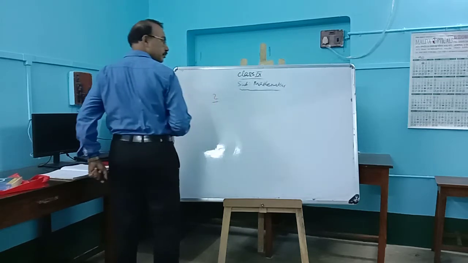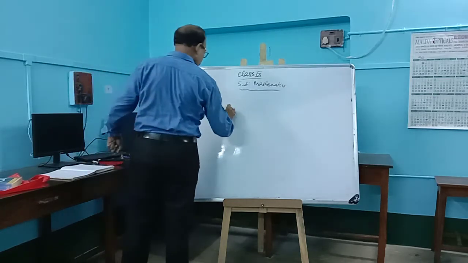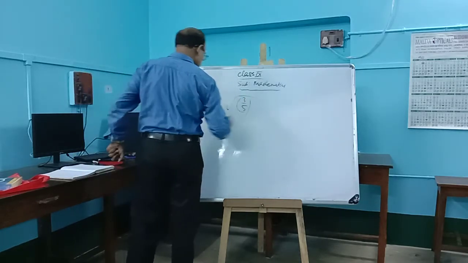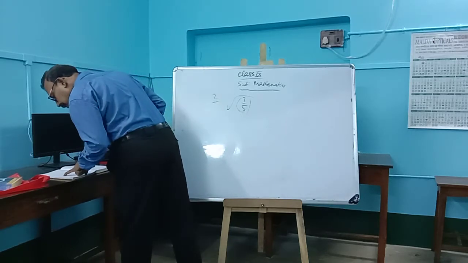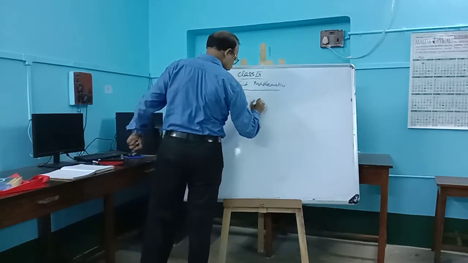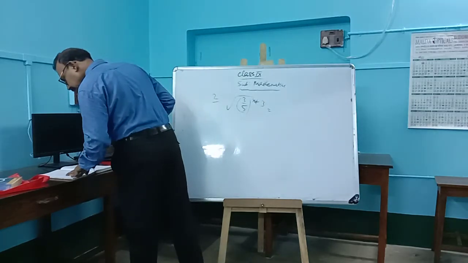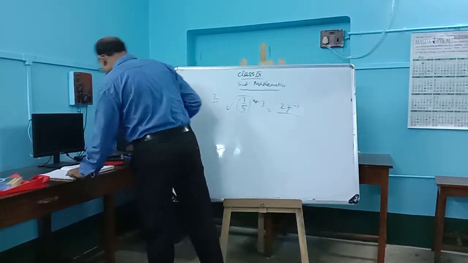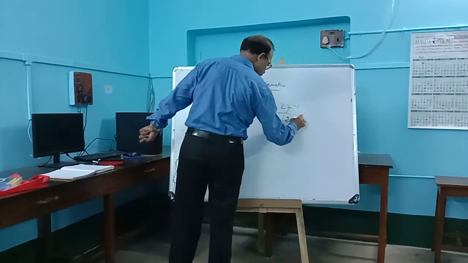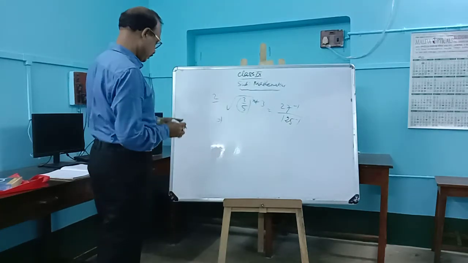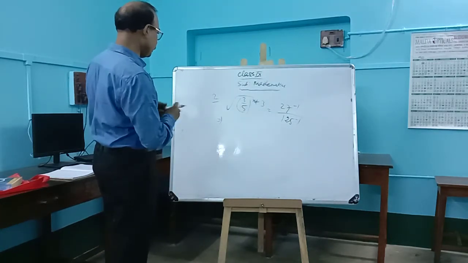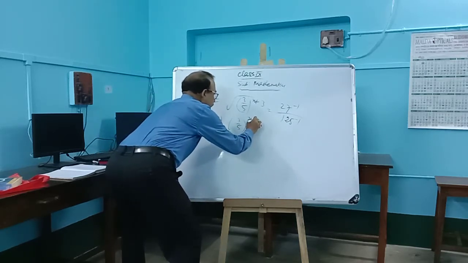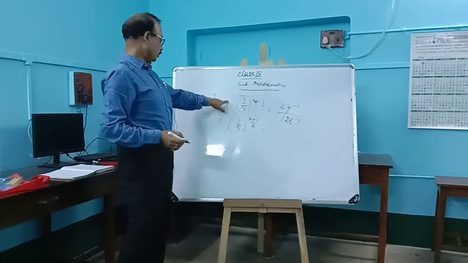Now question number 2. Square root of (3 by 5) to the power x plus 3 equal to 27 to the minus 1 by 125 to the minus 1. Look at how to do it. Square root of (3 by 5) to the power x plus 3, that is (3 by 5) to the power x plus 3 by 2, equal to square root half power